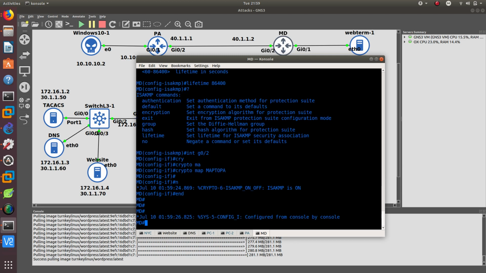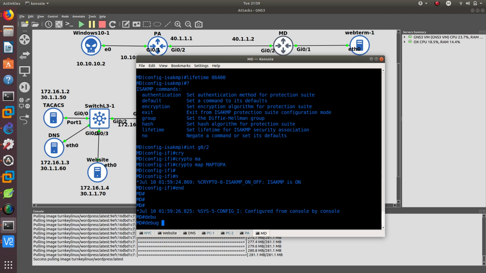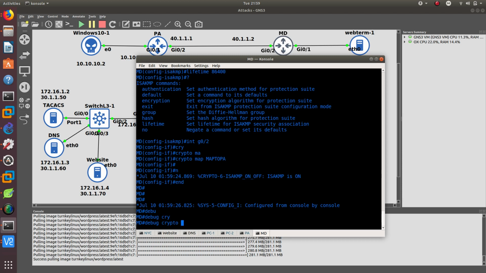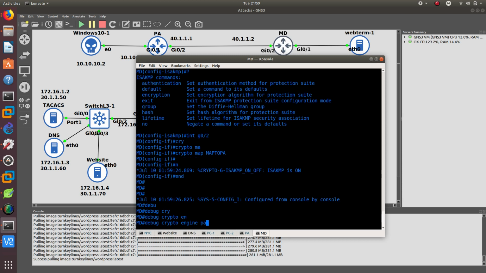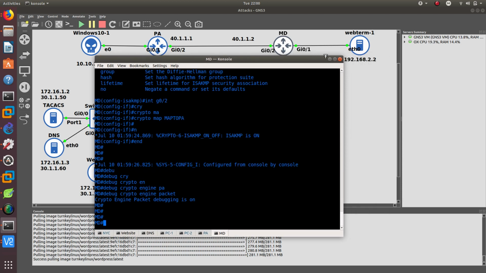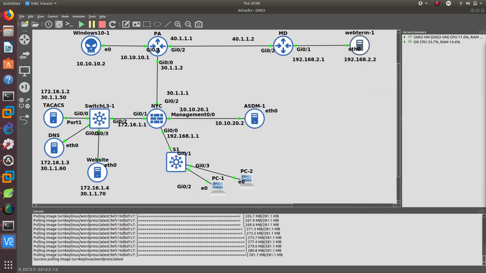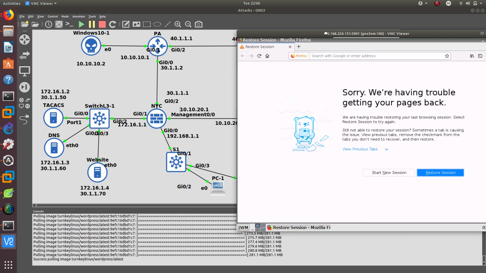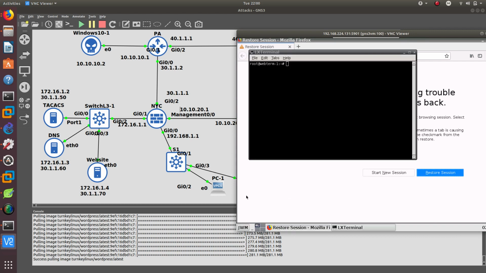So what you want to do is a debug from here. Debug crypto engine packet to turn it on. And I have to configure this web terminal that I have not configured yet. Let's go ahead and go into terminal. Let's try it again. Terminal, ifconfig, and do ifconfig interface 0